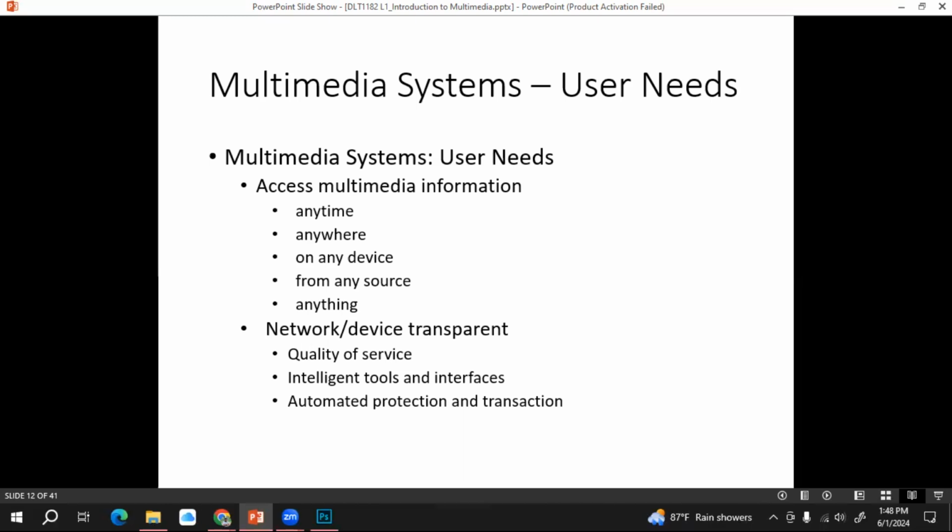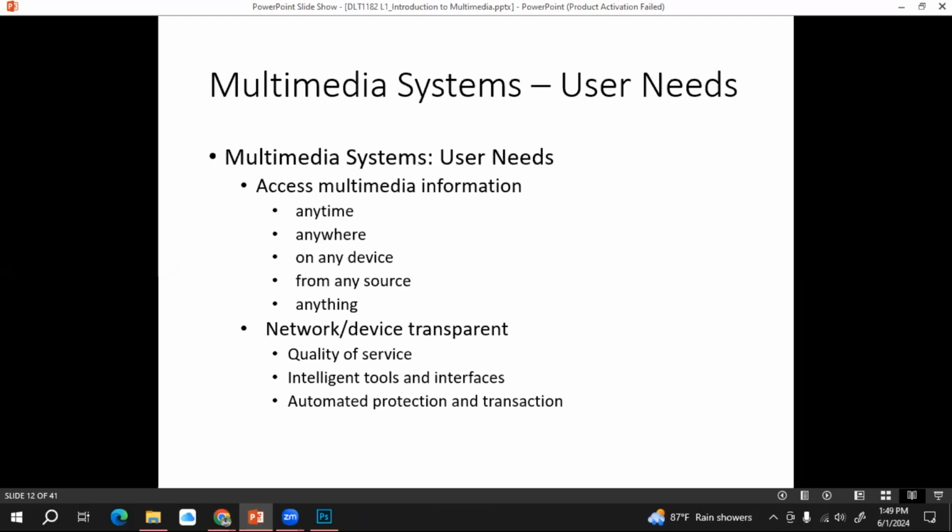You can access these resources at your home, at your working place, at the university, anywhere if you have some kind of internet connection.